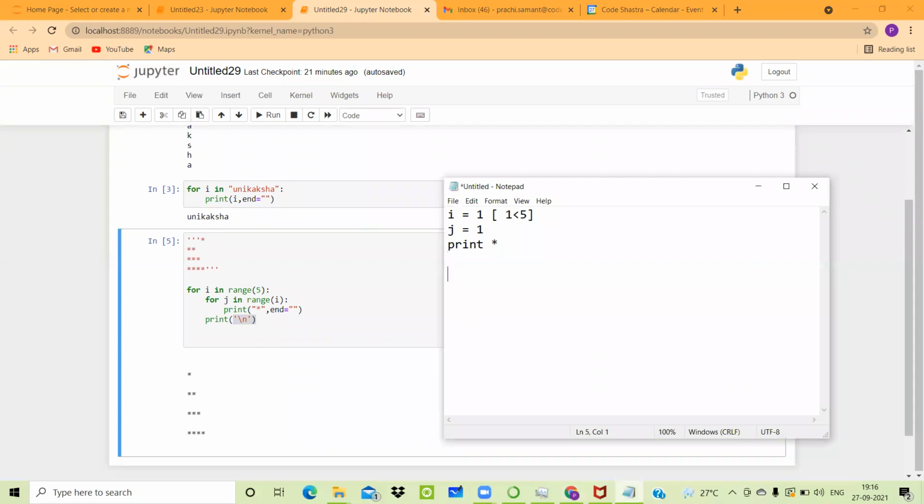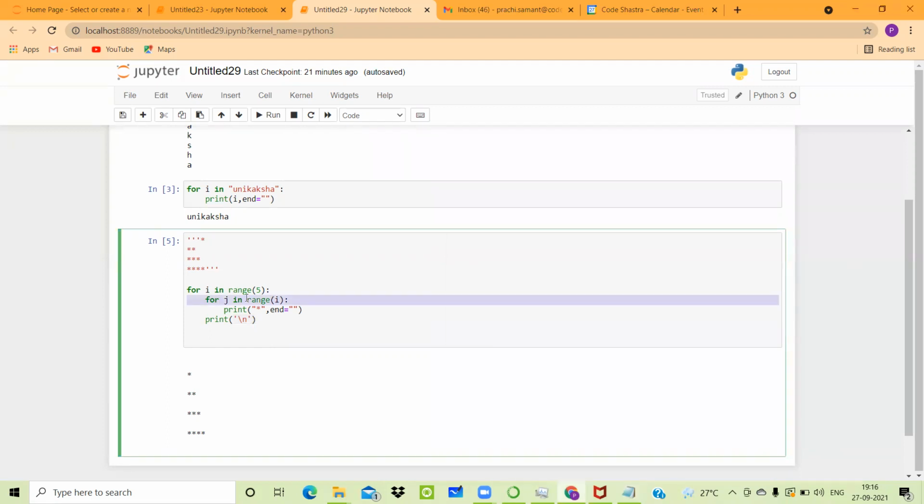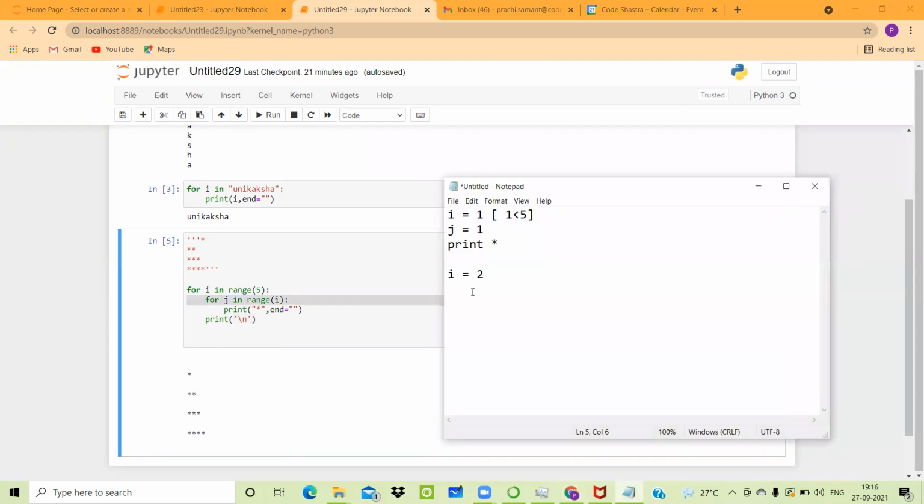Next time, what will happen? The value of i will become 2 now. As 2 is less than 5, it will go to the second statement. It says that for j in range i, that means the value of j at the start is nothing but 0.